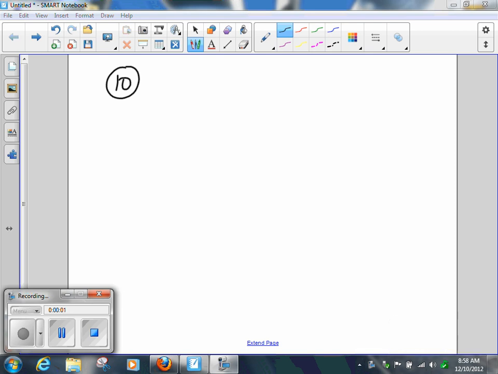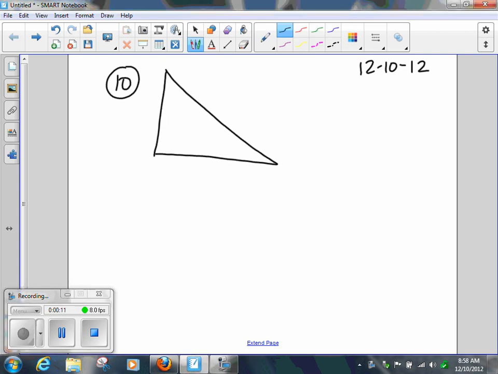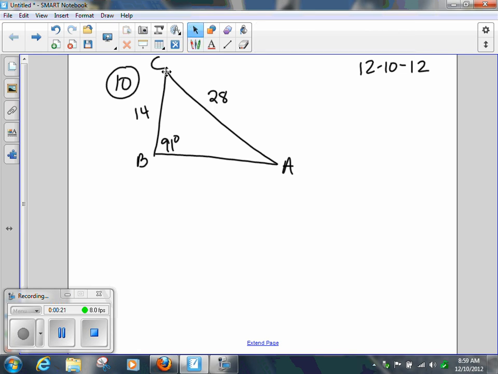All right, so number 10 on this worksheet. Here we go, number 10. My picture's horrible. I don't care. A, B, C. All right, so first thing I did on every one of those problems, I looked at it